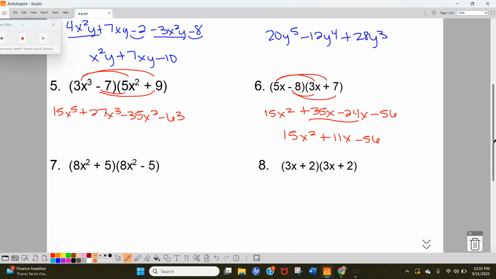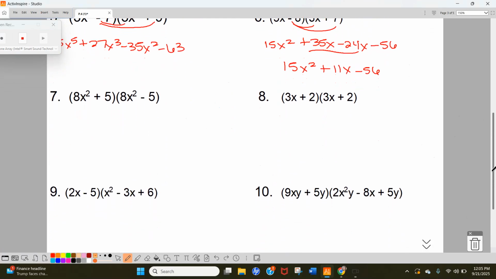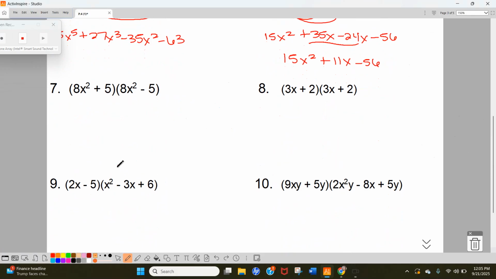All right, so you've done this quite a bit in the past, so I would say pause and do 7 through 10 and then go back and see if you agree with me and the things I point out along the way. All right, so number 7, if you look at these, they are called conjugates because they're identical